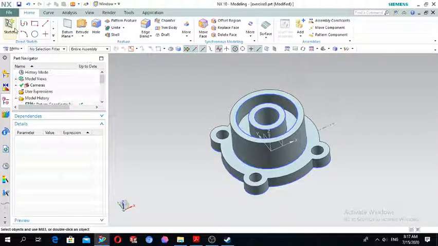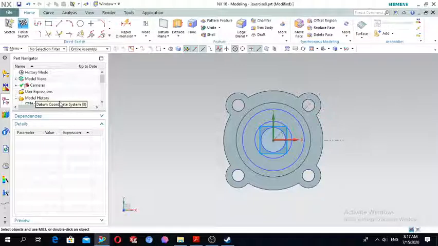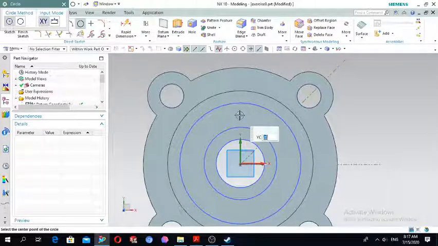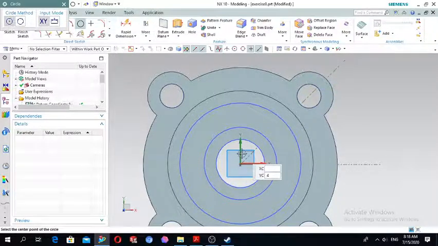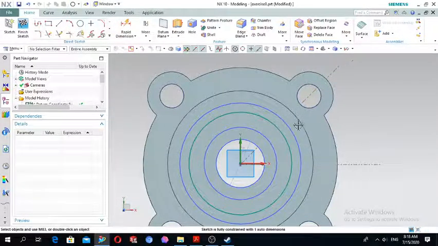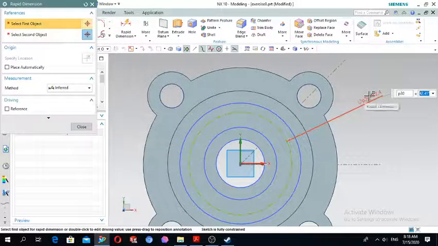Last step is to draw the holes, sketch this face, press OK, and draw 2 holes here. Okay, firstly draw the reference hole, convert to the reference, and the diameter of this hole is 40 millimeter,